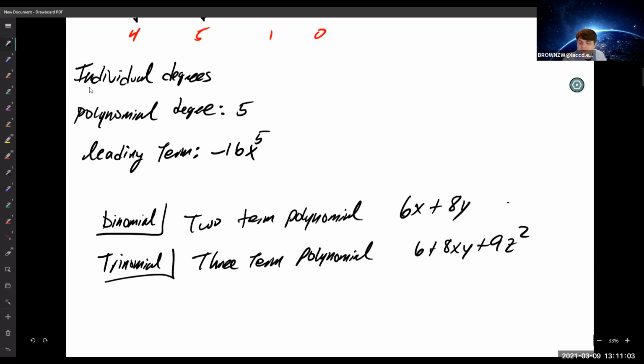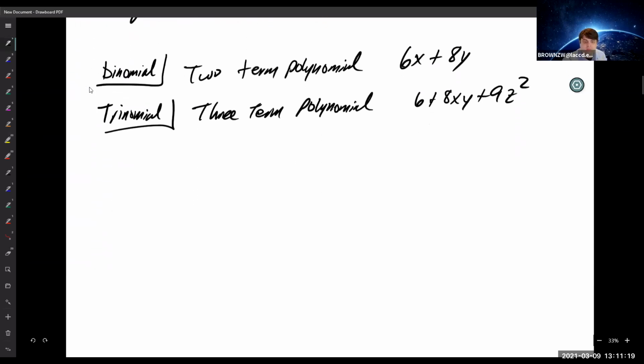All of these are more like labels as opposed to anything to really do with them. Your homework will say, add the following two binomials, and if you don't know what a binomial is, that question can be confusing. So these are really just terms to name things. All right, so when we talk about like terms,